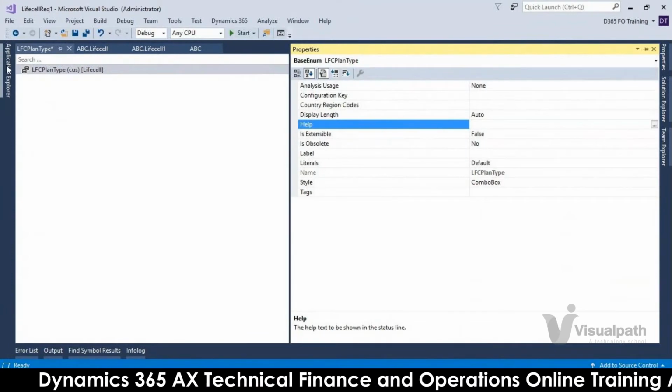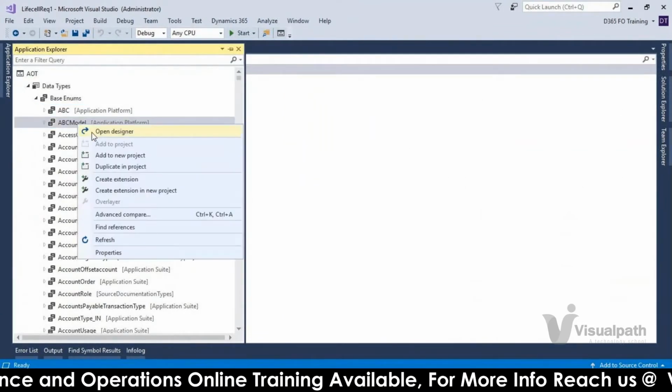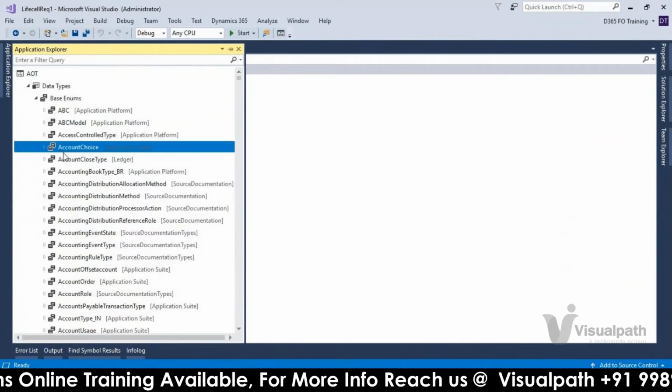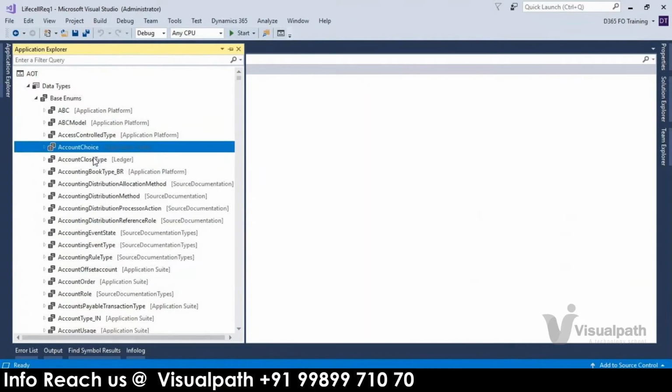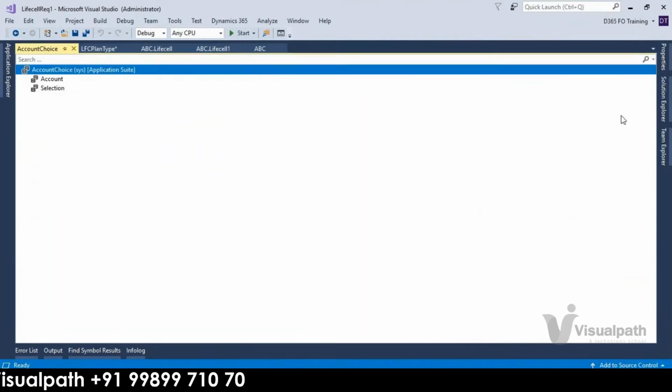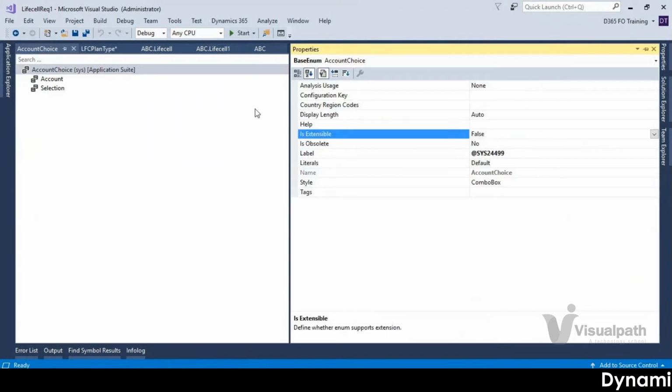I will show you one of the things. If you take this one, we have account choice in the ABC model. It does not allow the referencing model to take an extension. For example, is extensible is false for this account choice in the application suite.